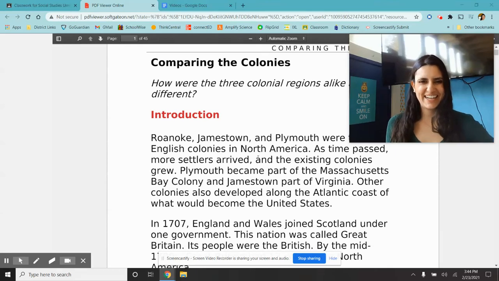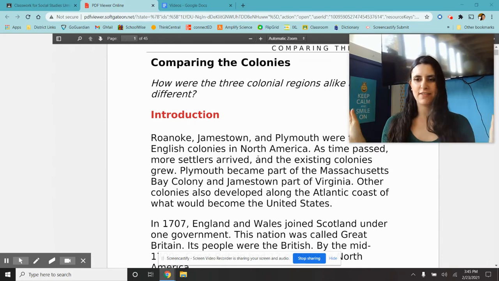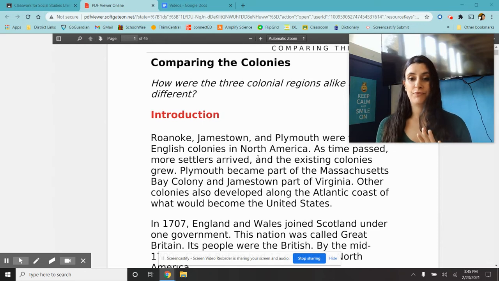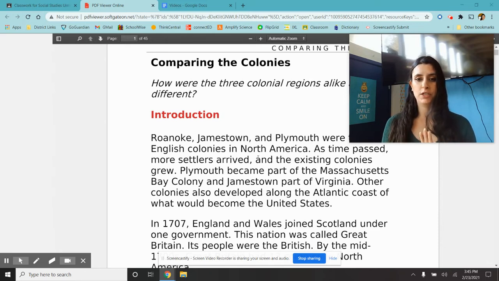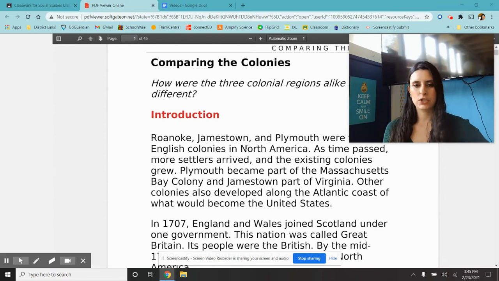Good afternoon, fifth grade. Today we're going to start our next chapter on the colonies. There were 13 of them. In chapter 6, we talked about the first three colonies, Jamestown and Plymouth, Roanoke, which kind of existed, but not really. And what we are going to talk about now is the 13 colonies, how they were, the reason they were